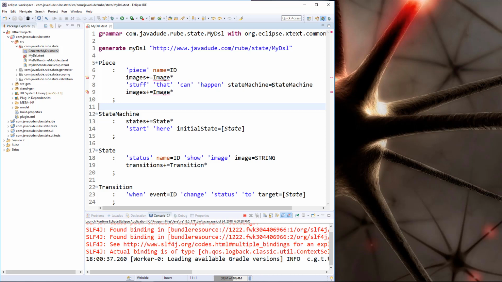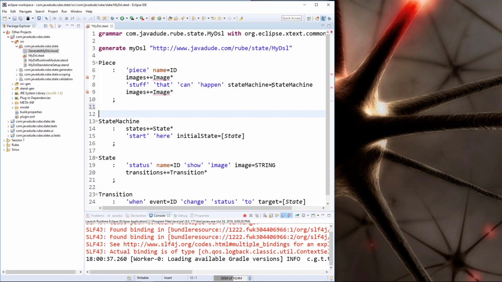Could you use that single ampersand thing here to let them order it however they wanted, but you actually do need both things? Well, in that case, you're saying that the images all have to appear in one group. And I think that only applies to tokens. I don't think you can do that on subrule calls. I'm not sure about that, though. Let's just see. If I said A equals A name equals ID,